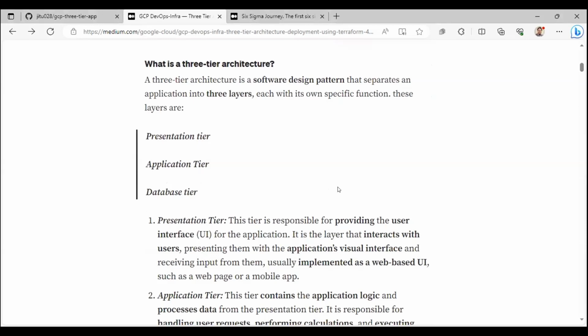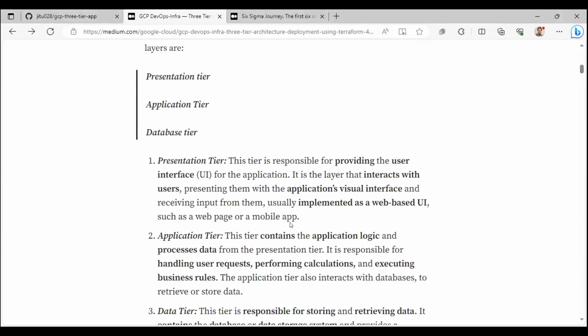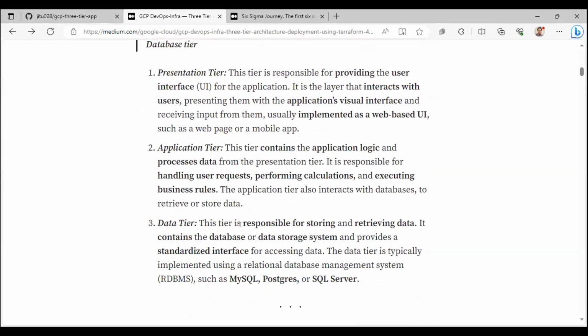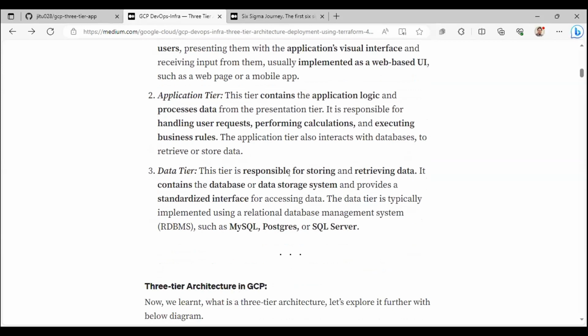You can definitely go through it many times if you want to get better clarity on what these different layers are. We usually hear about them, but we never went into understanding what they are: the presentation tier, the application tier, and the data tier, that is the databases. In this case, we have the presentation tier, which gives the application a visual interface. Then the application tier, the actual application, handles all of those user requests with the help of endpoints, performs the calculations, executes the business rules, and ultimately that information is